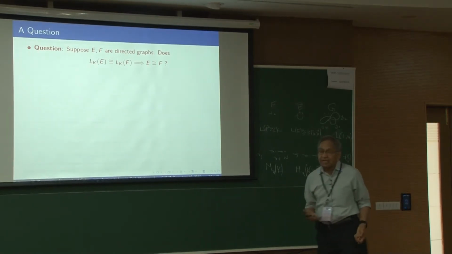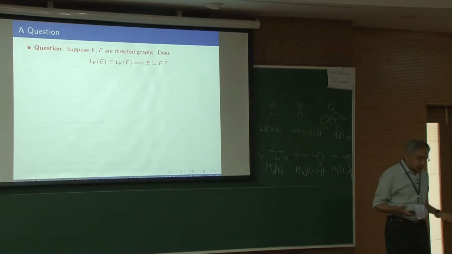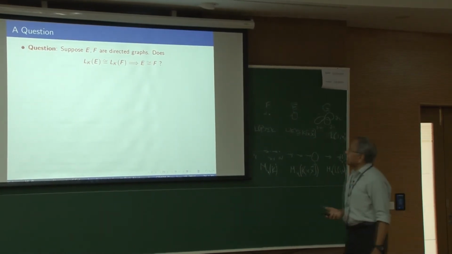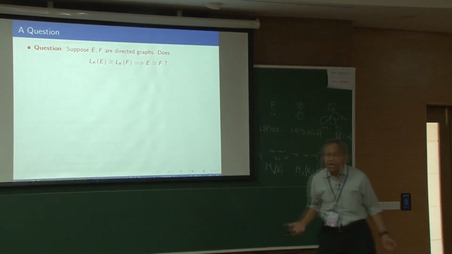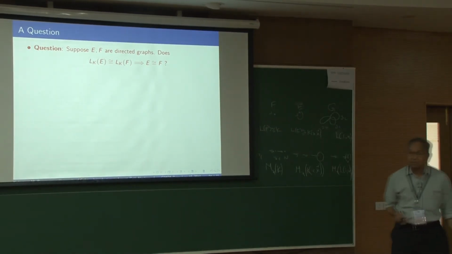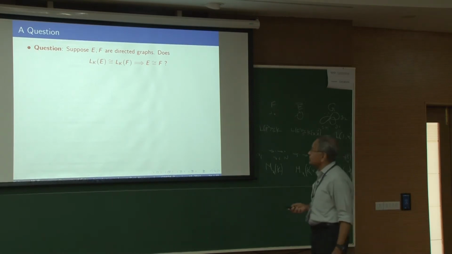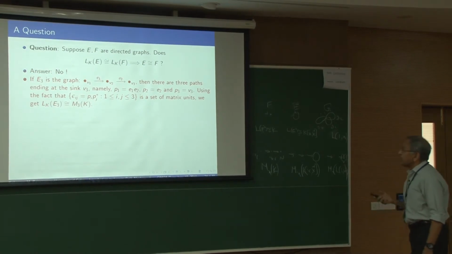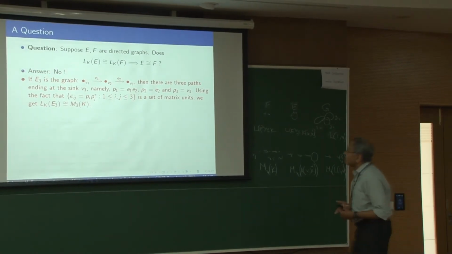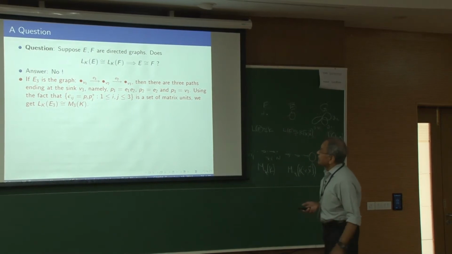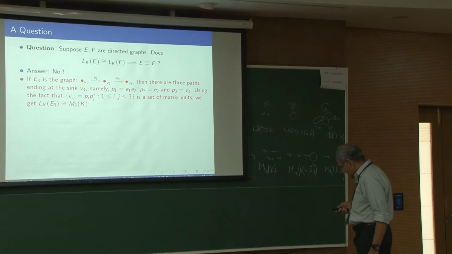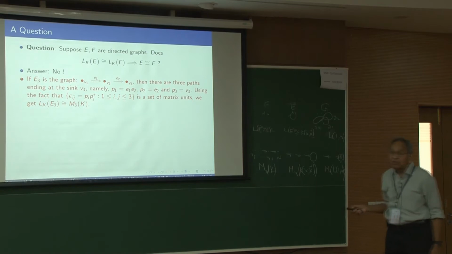One natural question is, if E and F are two graphs and the Leavitt path algebra of E is isomorphic to the Leavitt path algebra of F, should E be isomorphic to F? Very natural question. Unfortunately, the answer is no. Some easy examples: if you take the straight line graph with three vertices, call it E3, by a previous argument we noted that this Leavitt path algebra is the 3 by 3 matrices over